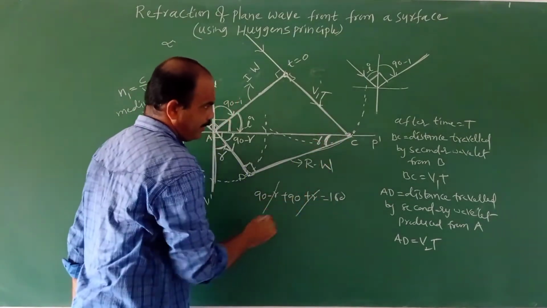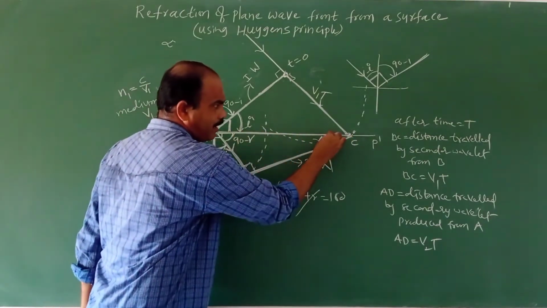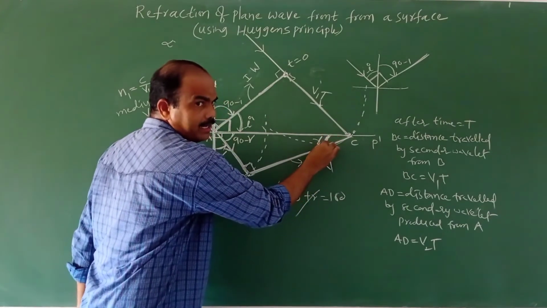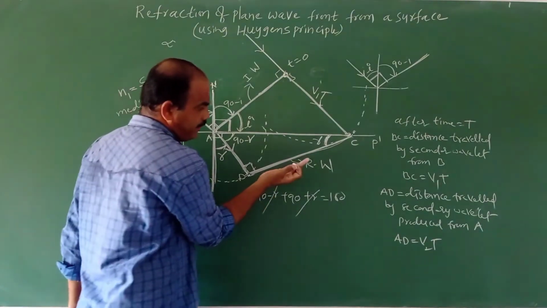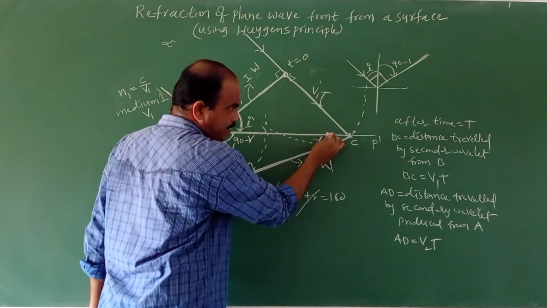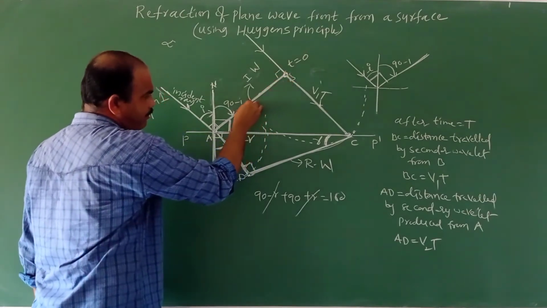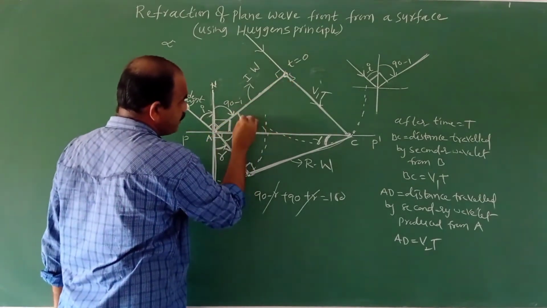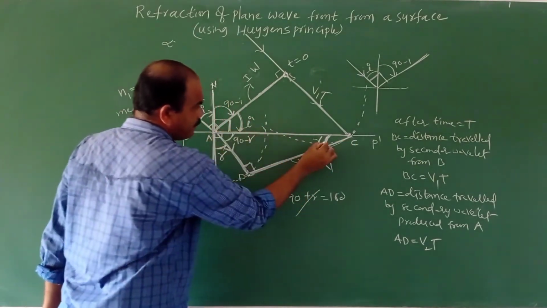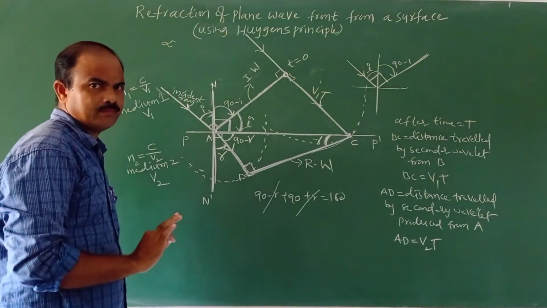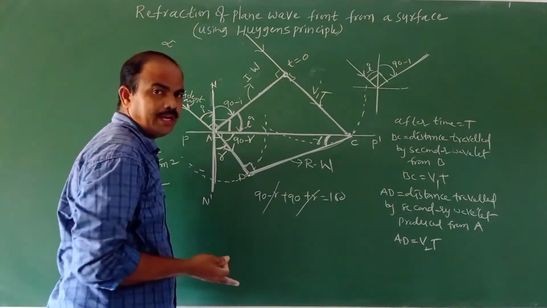And then this angle is r. This is the refracted wavefront. How much angle is it making with the surface? r. Now this will be called the refracted angle, or angle of refraction, for this wavefront. The angle between the refracted wavefront and the surface is known as the angle of refraction. So what is the angle of incidence? The angle between the incident wavefront and the surface is known as the angle of incidence. The angle between the refracted wavefront and the surface is known as the angle of refraction.